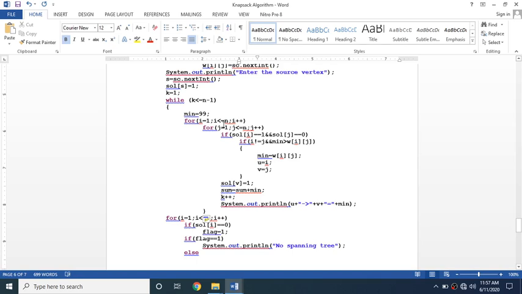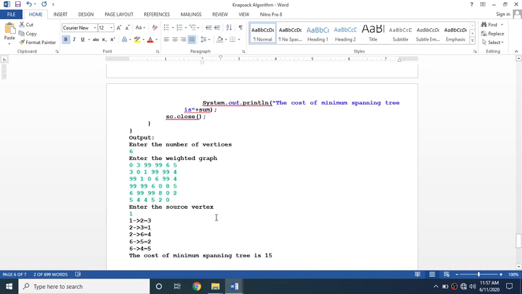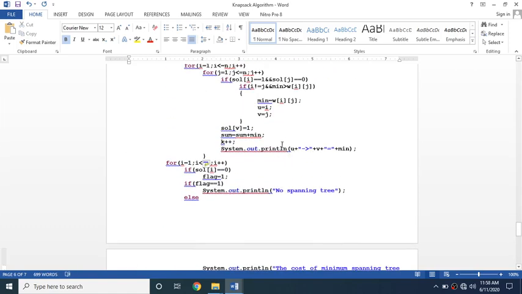Because i will keep on being incremented in this for loop, and j will keep on being incremented in this for loop, so we don't know whether j is incremented or not. So when we visit, we store that into separate variables u and v. So from u to v, we need to print the edge. The output will be like this: from 1 to 2 is the first edge, and 2 to 3 is the next edge considered, like that. So it can print those edges.